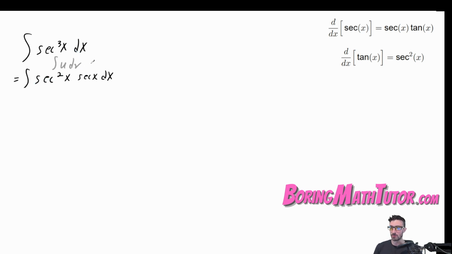In other words, we want to use the formula that says the integral of u dv is equal to uv minus the integral of v du. Now, if you have trouble memorizing where the u dv goes and where the v du goes, then you can